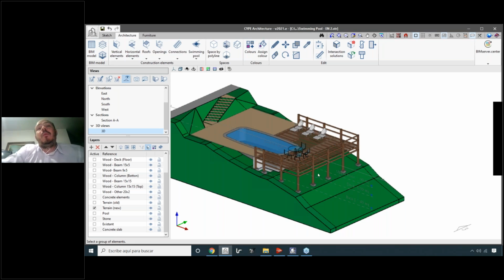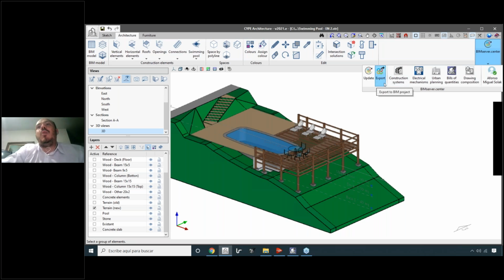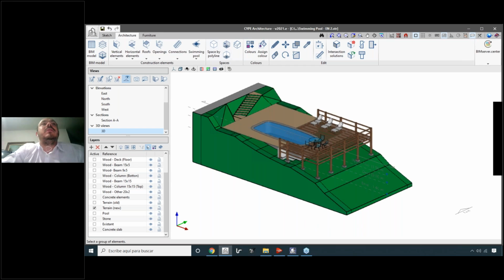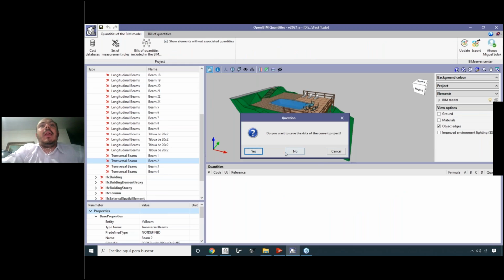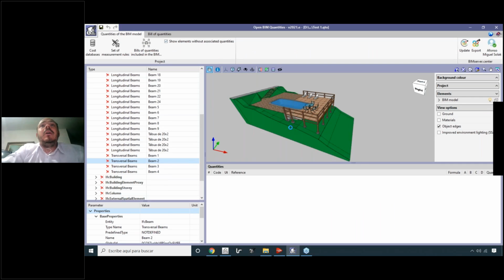At any moment, if we want to change something on the project, we just have to come here now and export again, and maintaining the same name, we'll update the project. Okay. So now let's jump to Open BIM quantities. Open BIM quantities here. Let me create a new file. Okay. New file, and